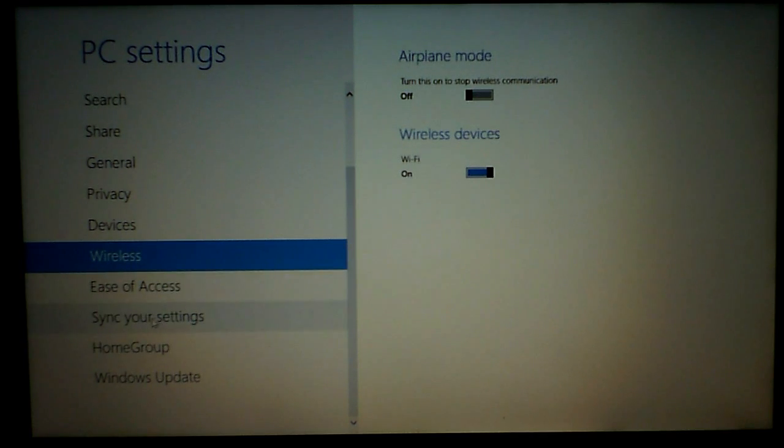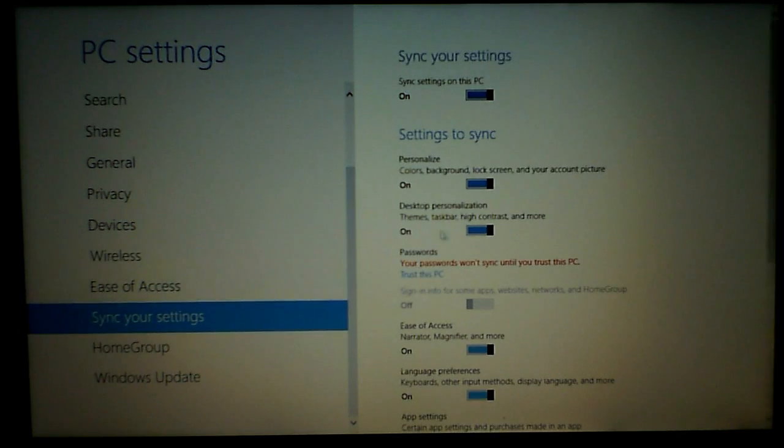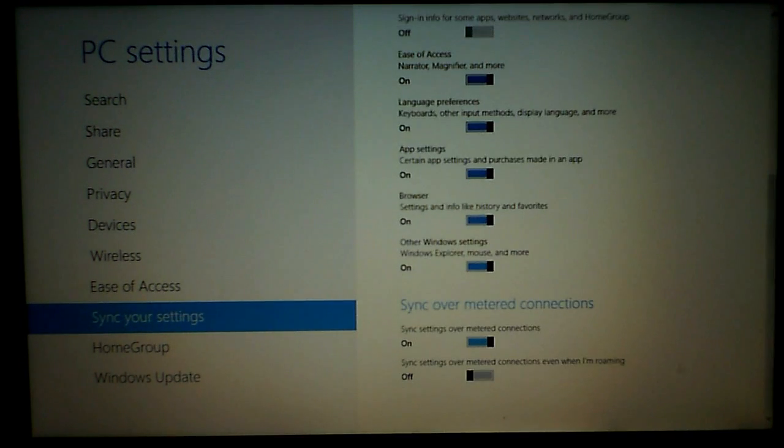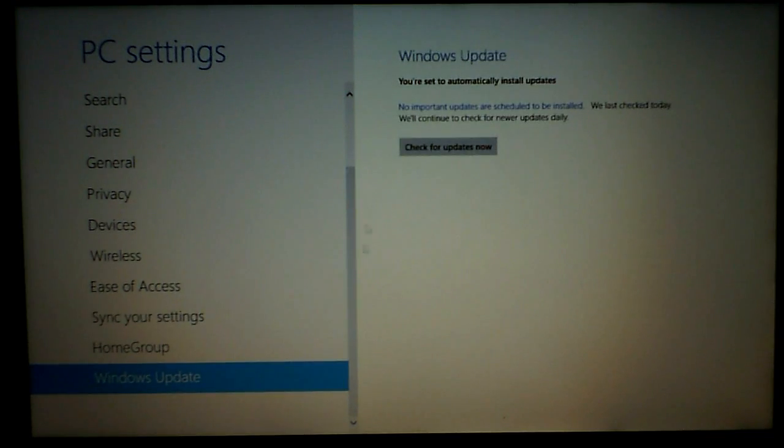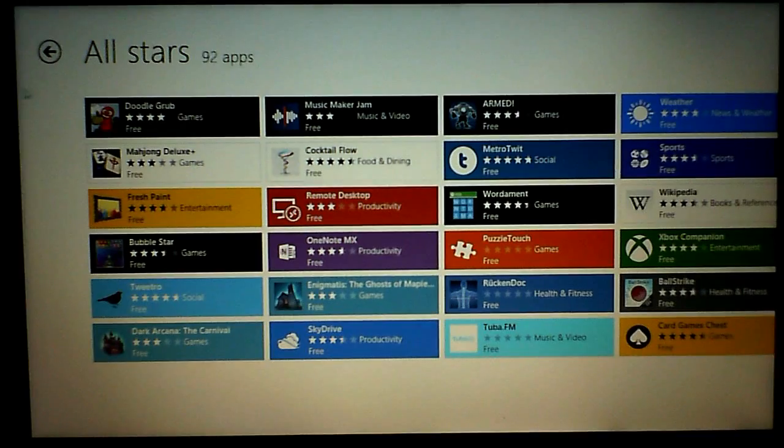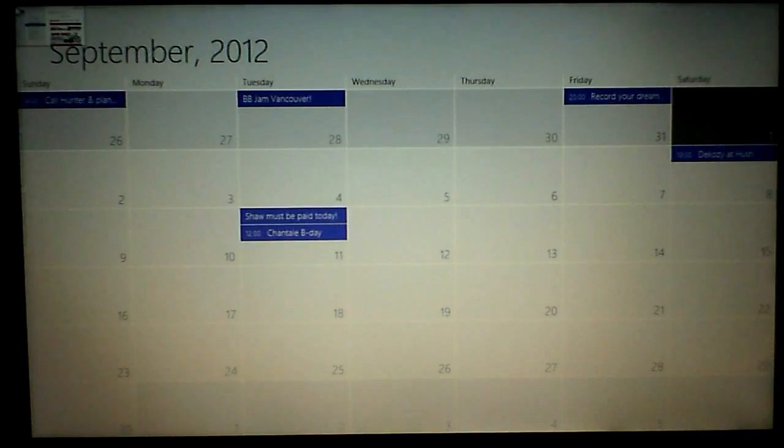So I got my home group. Sync my settings, and then you can choose which settings to sync, which is cool. And then we got Windows Update in the bottom there, and you can check for your updates, whatever. So if I tap this, just takes me back,